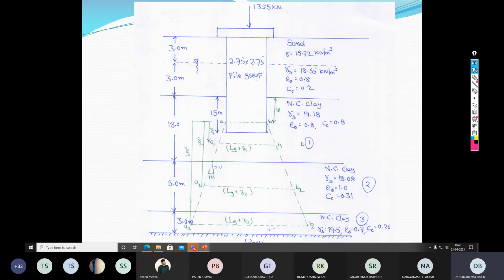And from this, you try to identify the layer number 1, layer number 2, and layer number 3. So at middle of these layers, you are asked to calculate the consolidation settlement. So I have clearly indicated Z1 depth from location of fictitious footing to middle of the layer number 1, Z2 depth from fictitious footing to the middle of the layer number 2, Z3 depth from the fictitious footing to the middle of the clay layer number 3. So what is the value of the Z1 here? Anybody? What is the value of the Z1, Z2 and Z3?